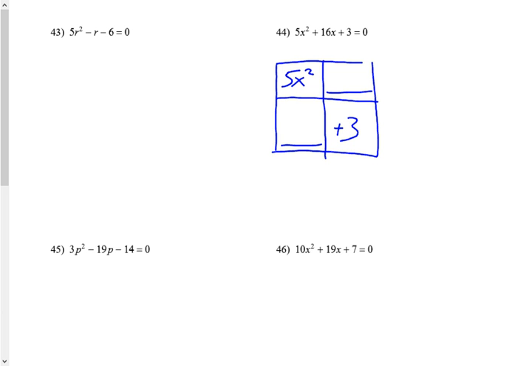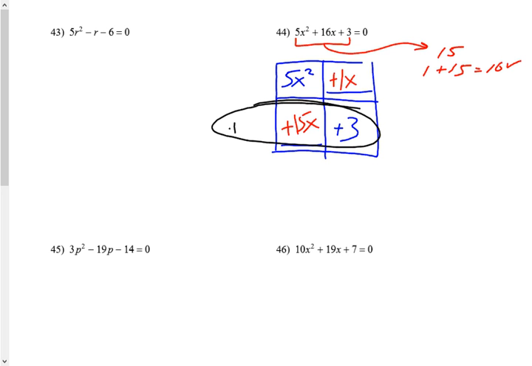Here's what changes. A times C is now 15. So now I need factors of 15 that add up to 16. Well, it turns out it's 1 and 15. There we go. So 1x and 15x. Now when I do my GCFs,